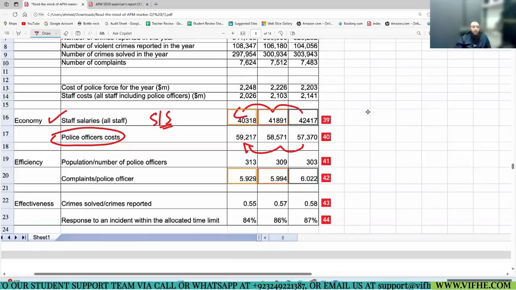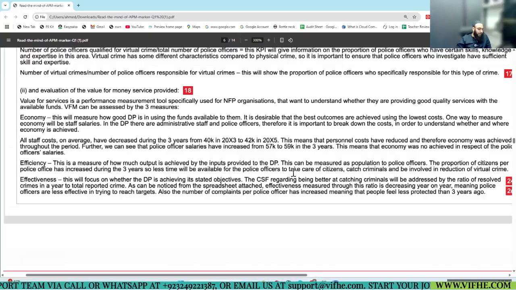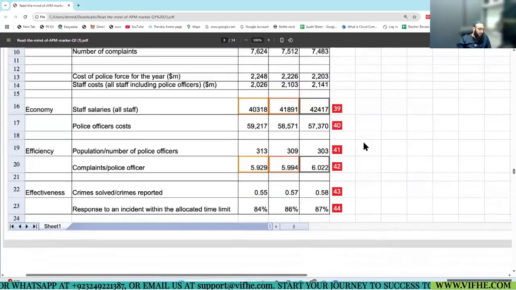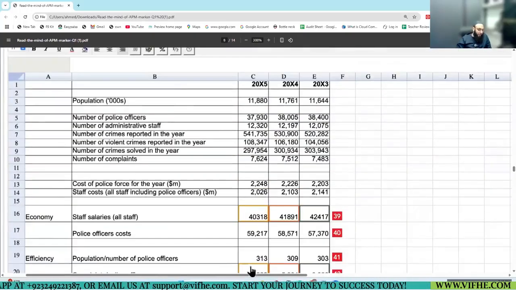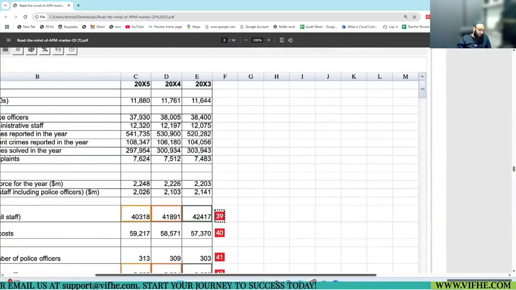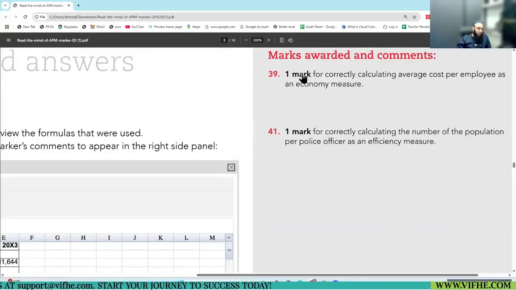So let's look at the calculations first. Guys, please, let's have a quick look at the calculation part first. 139: 1 mark for calculating average cost per employee as an economy measure. Perfect. Okay.